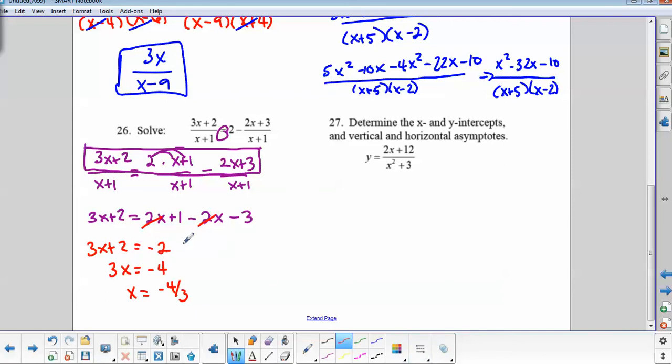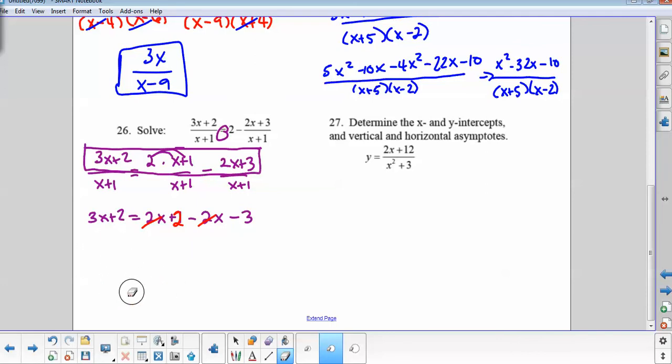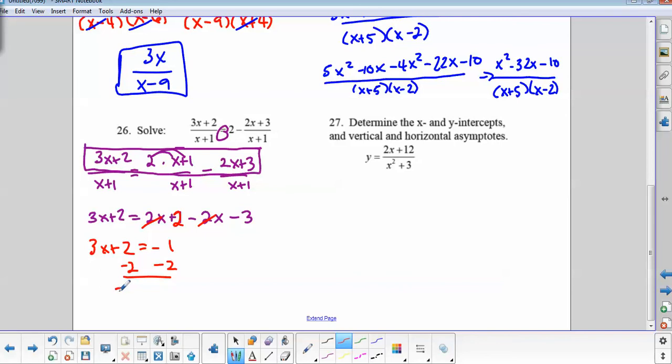Okay, that wasn't the answer I was expecting, so I'm going to go back and find my mistake. And it looks like it was right here. I forgot to distribute the 2 to the 1, so that would make a plus 2. So now the 2x still cancels out, but now I have 3x plus 2 equals 2 minus 3, which is negative 1. And subtracting 2 from both sides, you get 3x equals negative 3, and then dividing it, we get